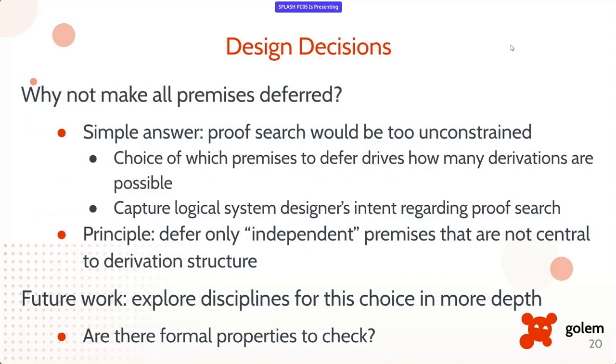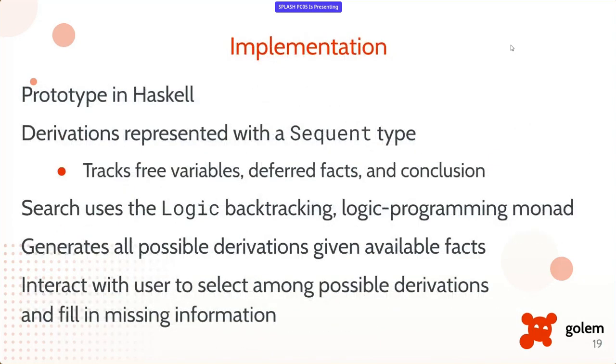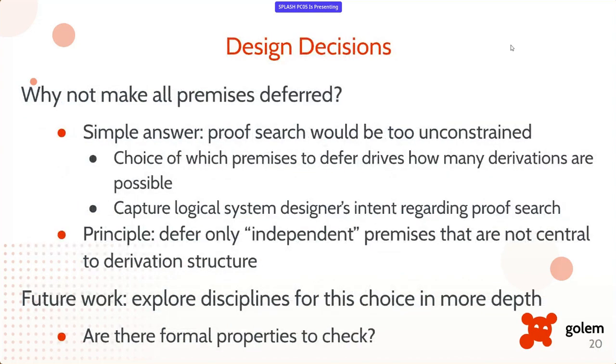Okay, so right, let me come back to that design decision. So you notice there's search here, right? We're searching for a space of derivations that we can produce given facts, and given the fact that some things might be missing, we could produce multiple results from this, perhaps, right? And so actually the reason we don't want to make all premises deferred is that the proof search would be too unconstrained. Right, so actually the choice of which premises to defer basically drives how many derivations are possible, and